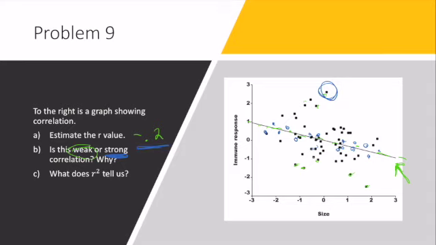Not what R squared is, which would be negative 0.2 squared, right? But what R squared tells us is what proportion of variation is accounted for by the best fit line. I'm going to say that again. R-squared tells us what proportion of variation is the key word I want to see, is accounted for by our best fit